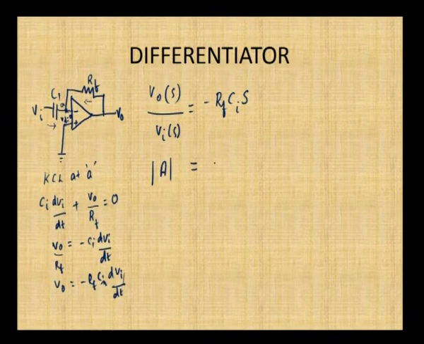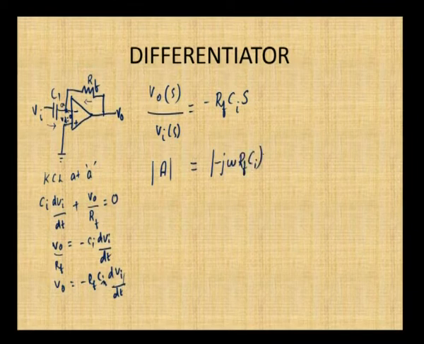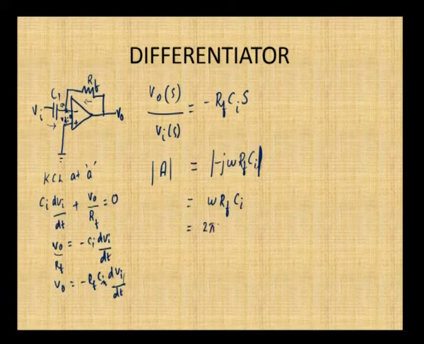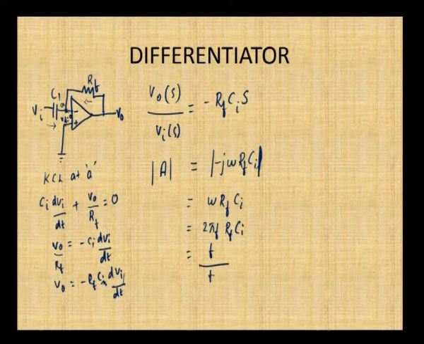After putting S is equal to j omega, you will get minus j omega RF Ci inside the mod, and you can write it as omega RF Ci, and for omega if you put 2 pi f RF Ci, you can again rewrite this as f by Fa,